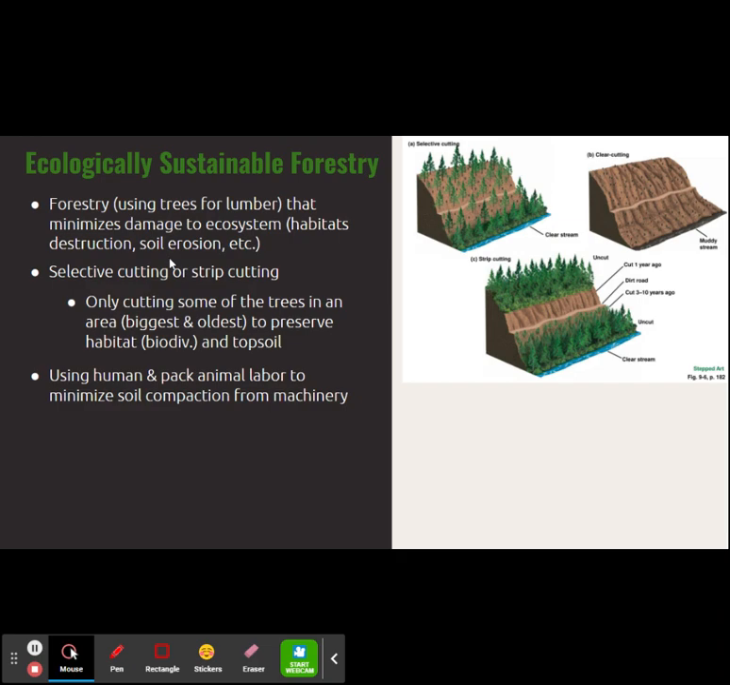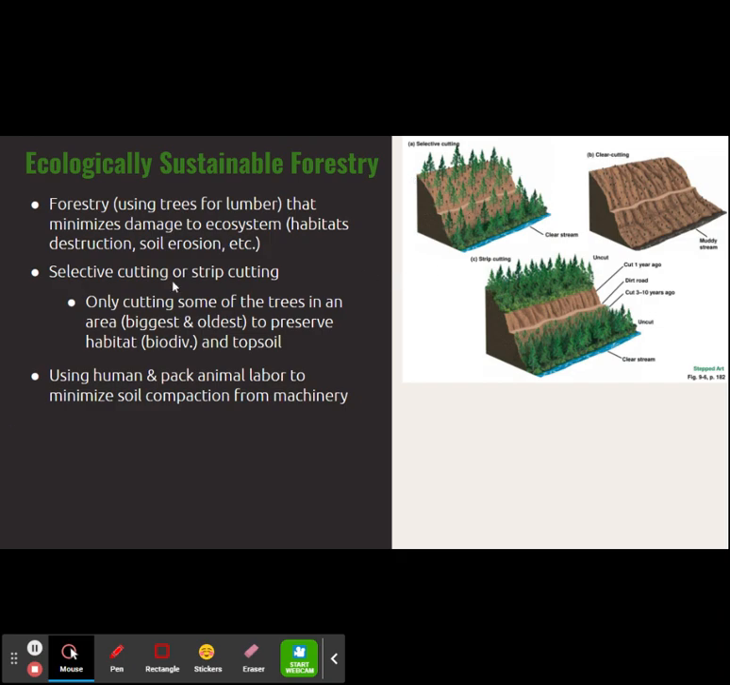Selective cutting is kind of like plucking your eyebrows. You're plucking specific hairs you want to remove, so you're cutting down specific trees you want to remove. Whereas strip cutting is like getting a whole area of your eyebrow waxed off, or a part of your leg waxed. Now, if you don't really understand what I'm talking about, the trees are still a fine example. Selective cutting is only cutting a select amount, ones that you pick,